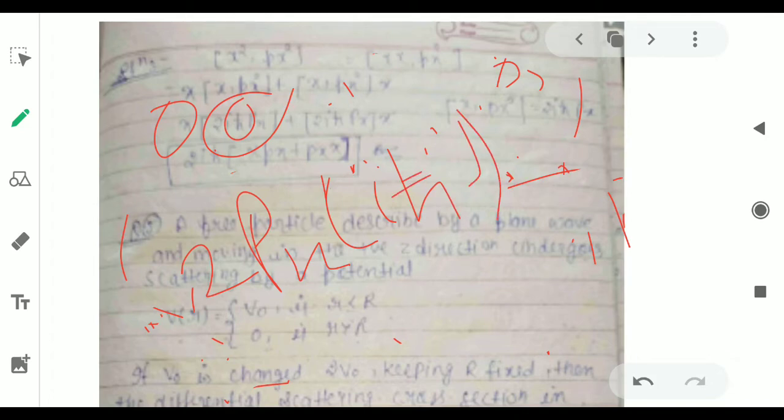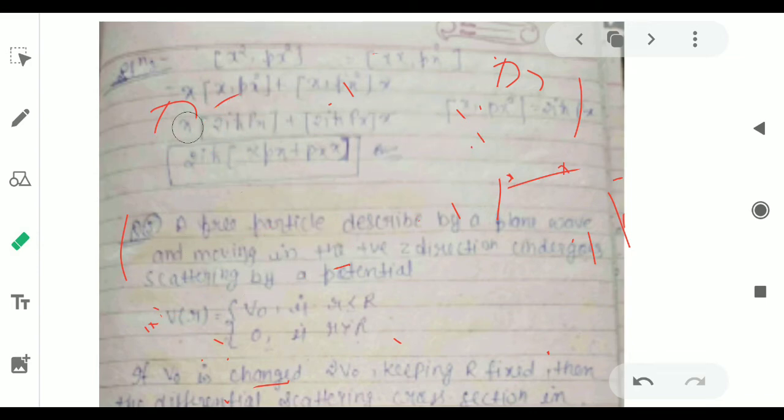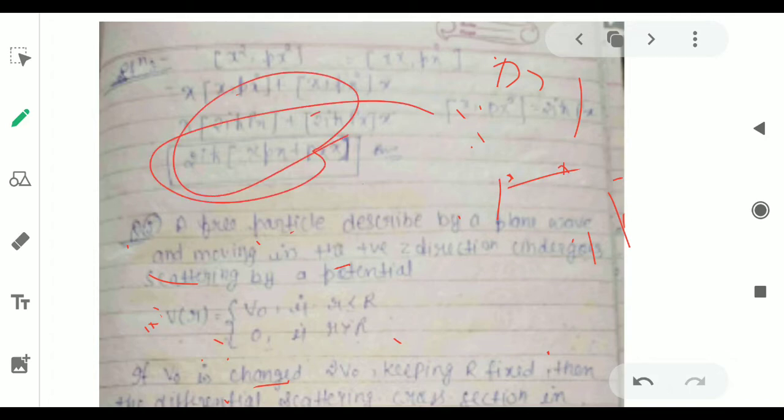Okay, now similarly we will find this value. This is [x, p_x²], the same value will be given. Okay, the same value is this, and after solving, this will be twice, that will be the answer. Okay, now